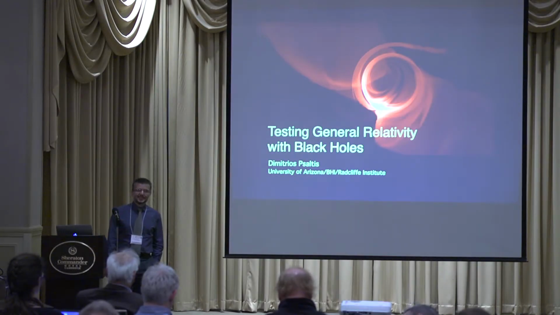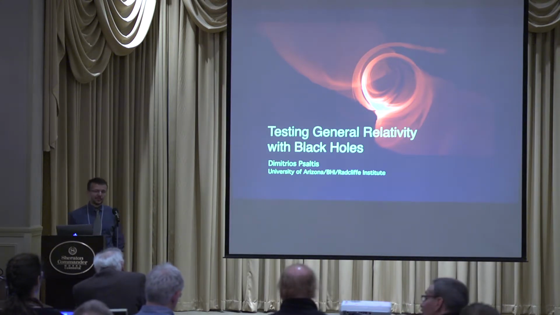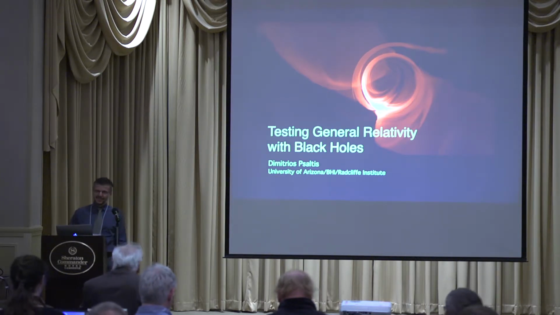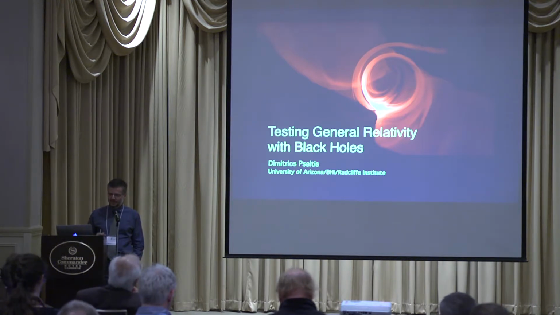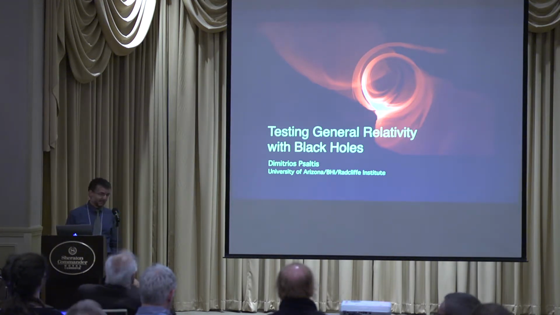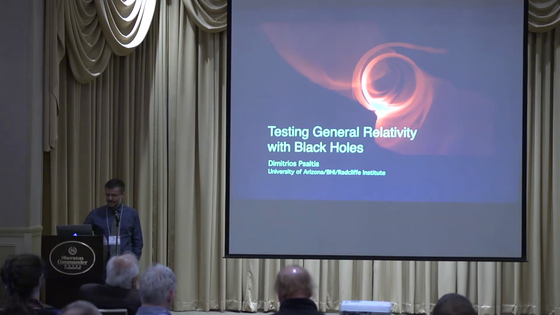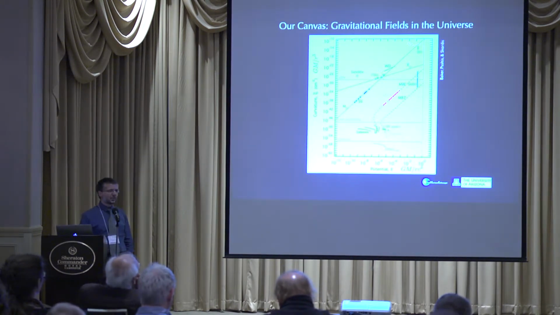So we listened to a number of wonderful talks about testing general relativity and the Kerr hypothesis using gravitational wave observations. And in the next 15 minutes, I would like to take a complementary approach to argue how one can do similar tests in a very complementary way using electromagnetic waves, and in particular, the black hole in the center of our galaxy. And to put that in context, I usually like to start by showing this plot,